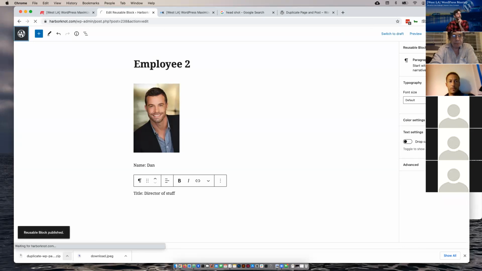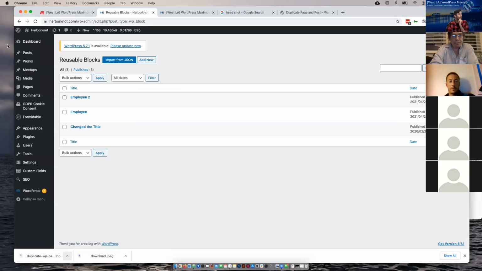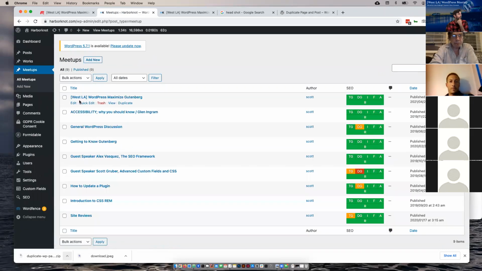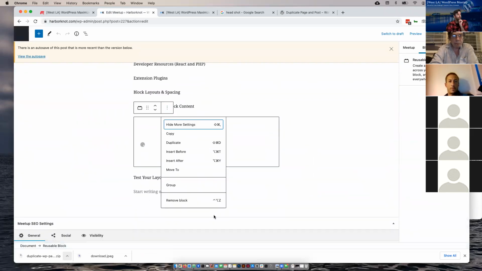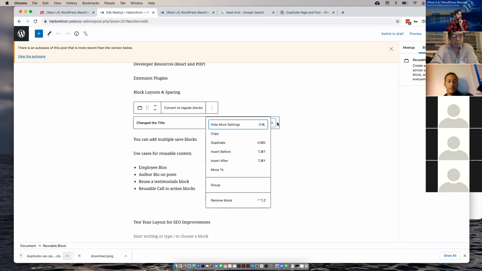And now when we go back to our post, I'm going to add our 2 different employee blocks. So now that we know a little bit more about block content,